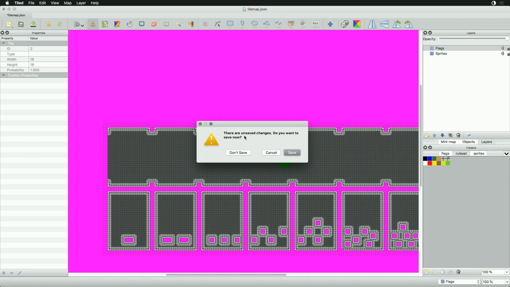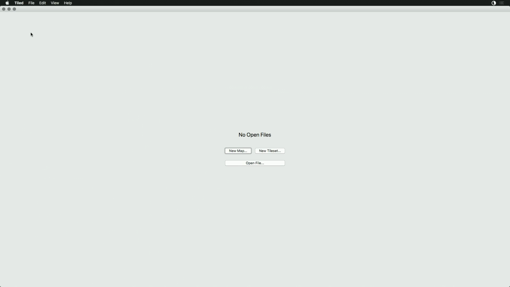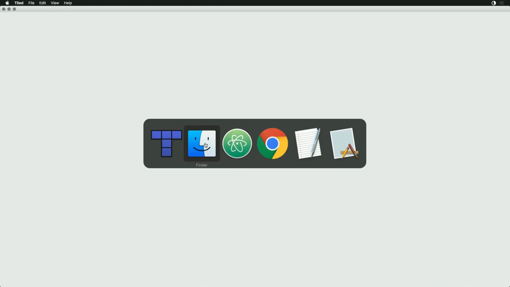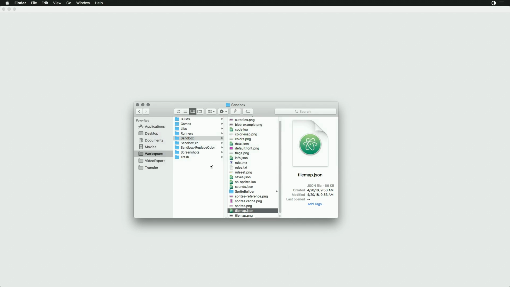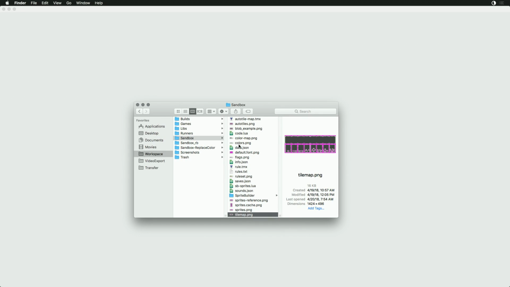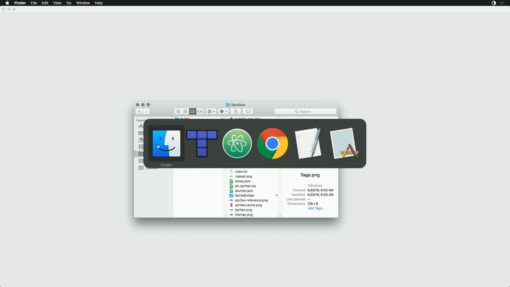All right, this isn't going to work. So let me stop wasting my time. What I really needed it to do though was generate out the flags file. Let's move this to the trash. And now we should have a flags PNG. And the reason why that's sort of important is